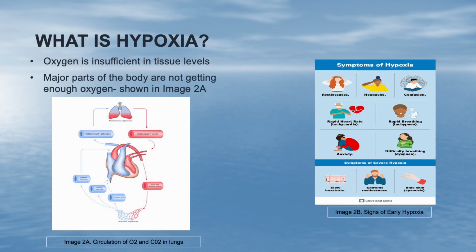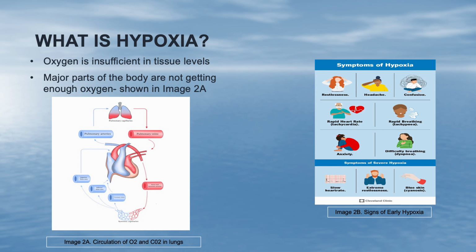So before we start anything, what is hypoxia? Hypoxia is a condition in which oxygen is insufficient at the tissue level and is unable to maintain homeostasis with the rest of the body. Some major causes of hypoxia can include hypoventilation, breathing problems, or even heart problems as well. During hypoxia, the tissue cells in our body are not getting adequate oxygen delivery, which means there is a low concentration of oxygen in the alveoli in the lungs,